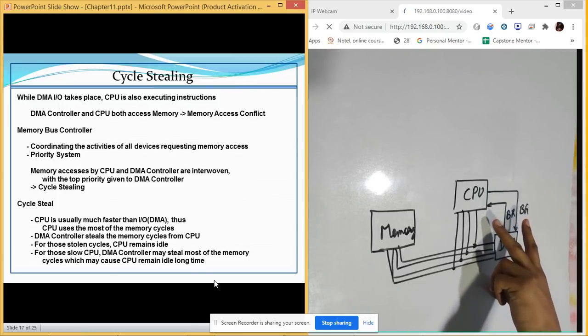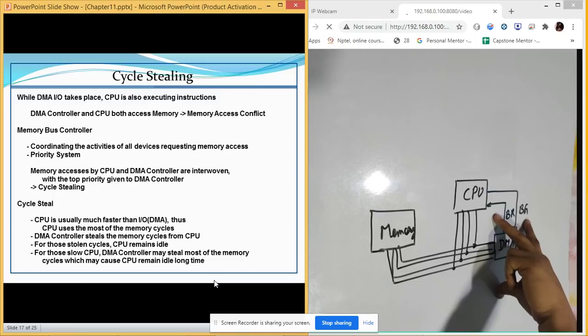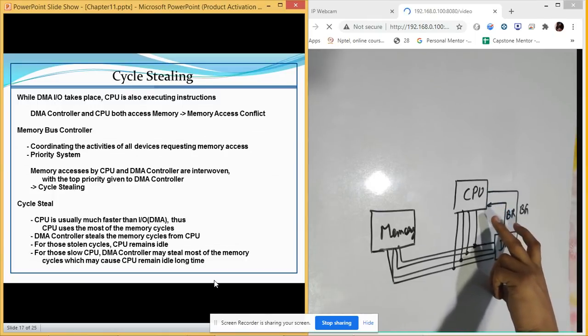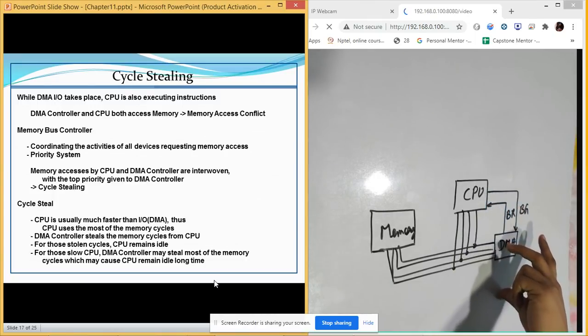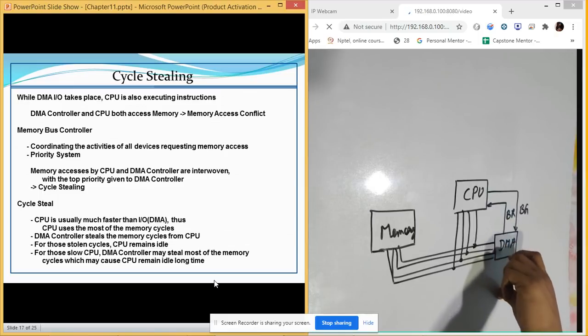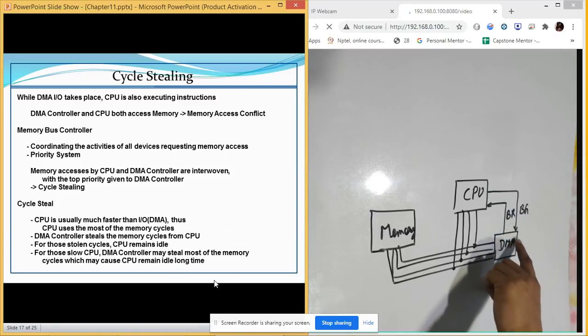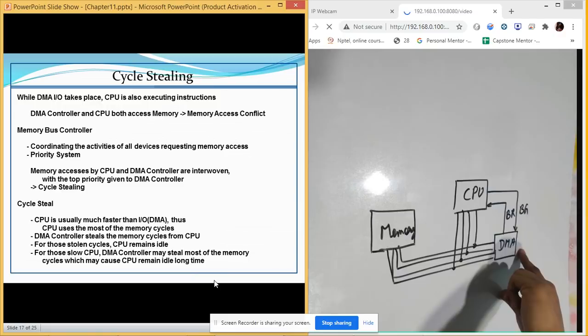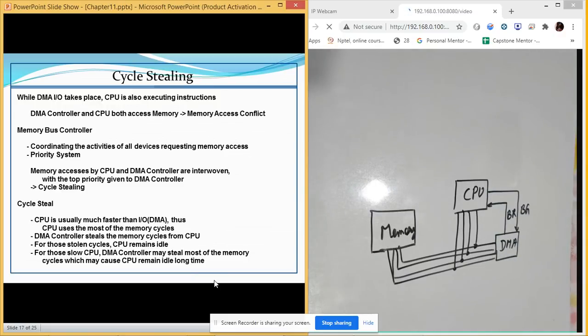Secondly, if both of them do a type of request at the same time, like there are multiple CPU and there is a DMA, the higher priority is given to the DMA because it is a slower device. If we don't give it a higher priority, then it will starve for its turn, and then it means your system will not be responding to the commands from the user.